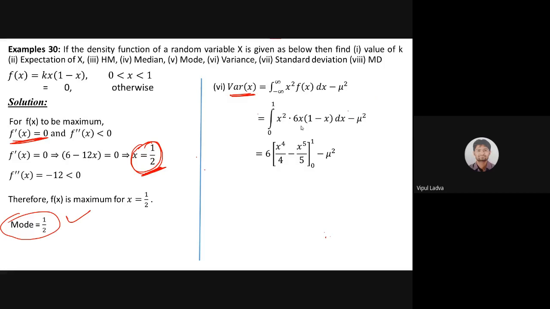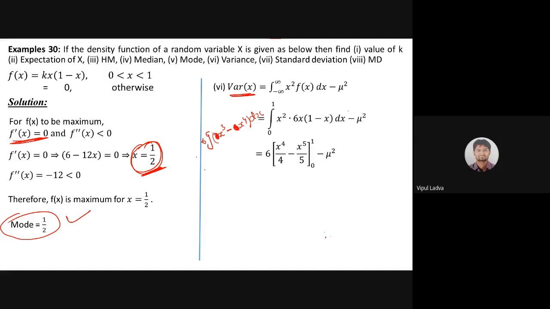Integrating this term, let me show the step. I don't think I need to show all the steps, but let me help you. This will be 6x cubed. So integration, we are going to integrate 6x cube minus 6x cube into x, it will be 6x raised to 4. We are going to integrate this particular term, 6 मैंने कॉमन लिए के बाहर रख दिया है, 6 is as it is here, लगता हो तो यहाँ से मिटा देता हूँ 6.